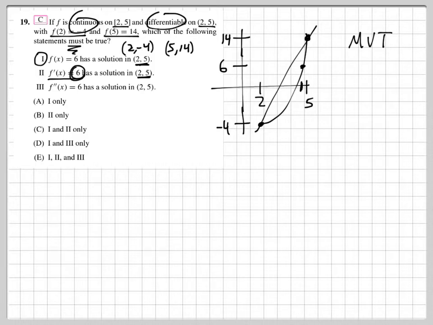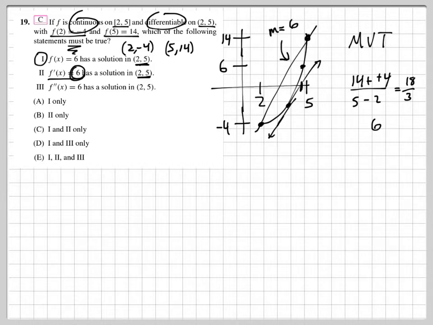Now I just drew a random curve. It looks like I could draw a tangent line right there and be parallel, so that this secant line and this tangent line would have the same slope. So we need to find the slope of this secant line. We know that by going 14 minus -4, and then 5 minus 2. So I get 18 on the top, and on the bottom I get 3, which equals 6. So the slope of this guy